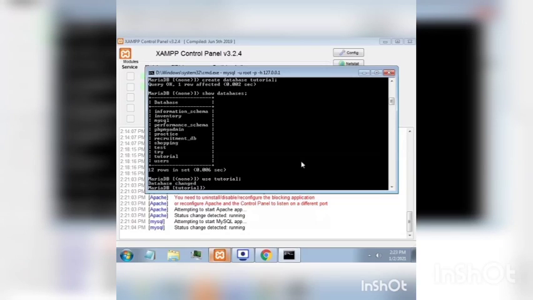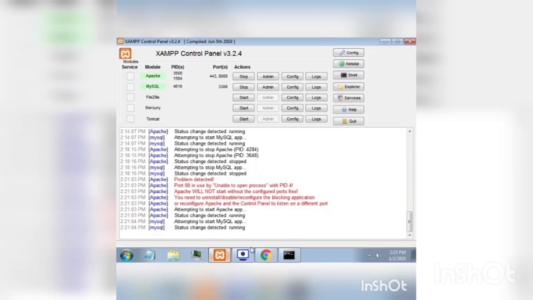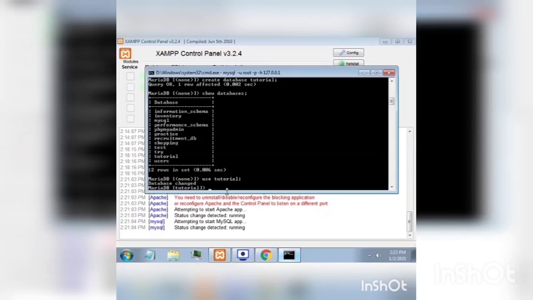Now we will create a table. To create a table, type create table, then the name of the table, let's say users, and parentheses.